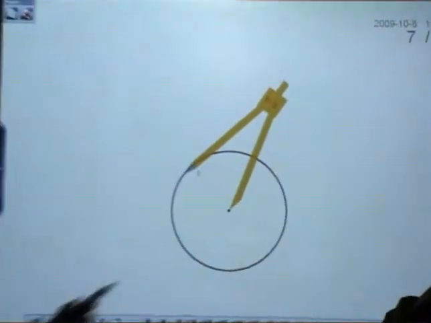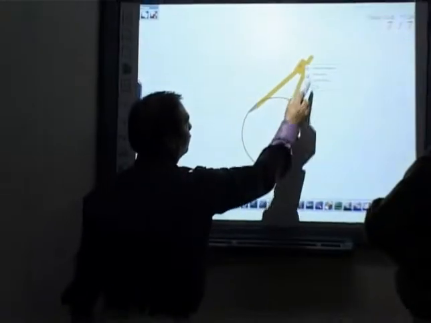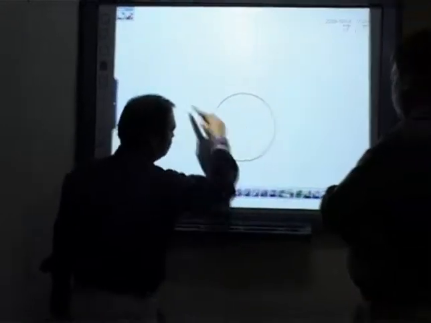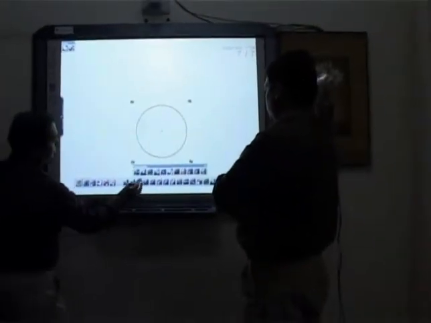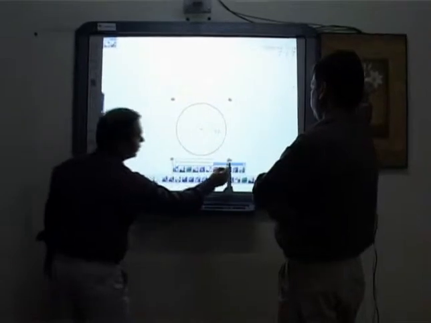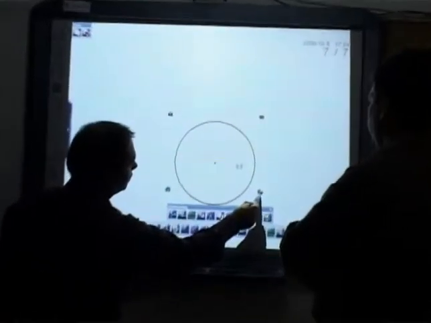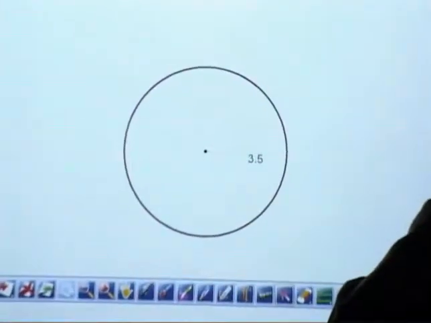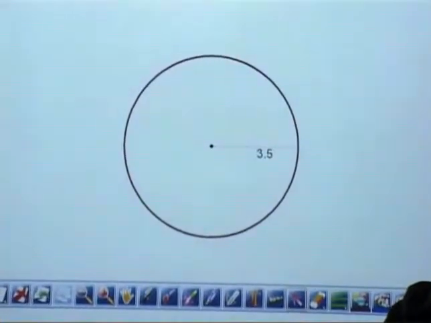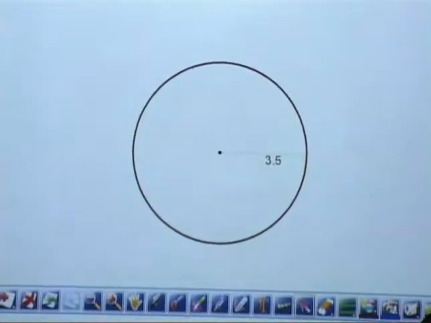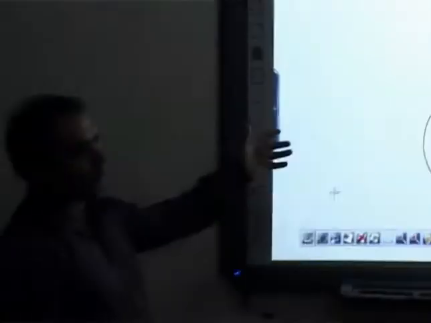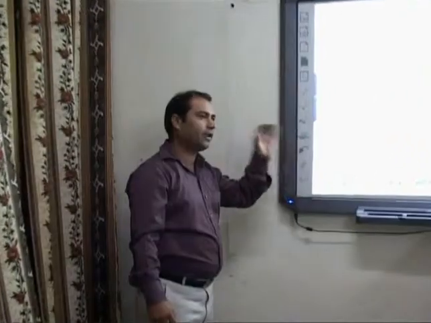And if you want to make some changes, like if you want to measure the angle, select and see. We can increase or decrease the width and the size. Yeah. If you make this circle with a normal pen, that is not an easy way to make a circle. But if you have this kind of geometrical shapes, then it is very easy to make.